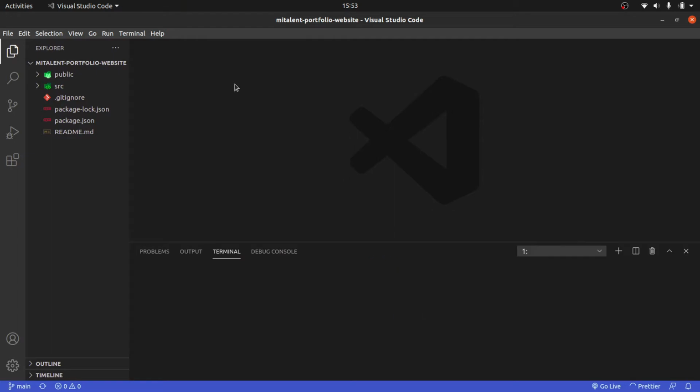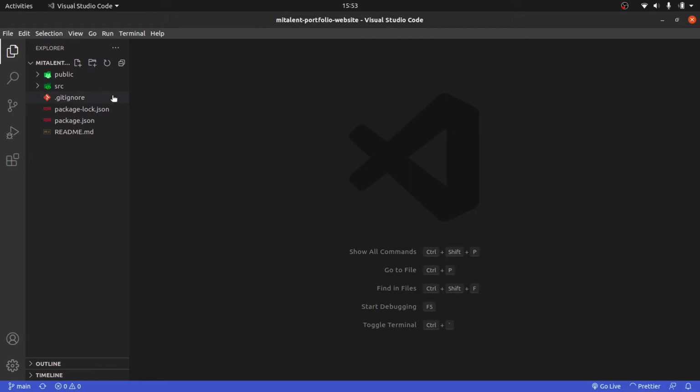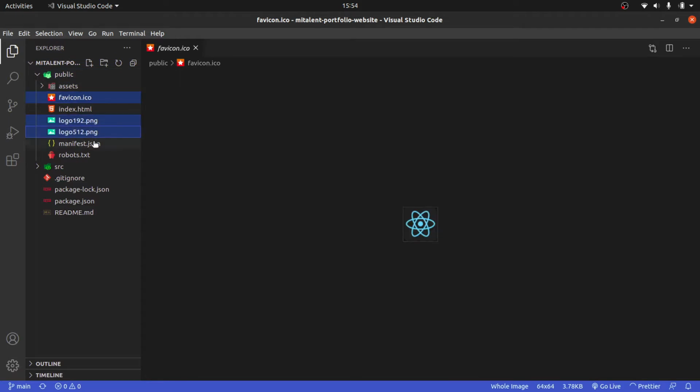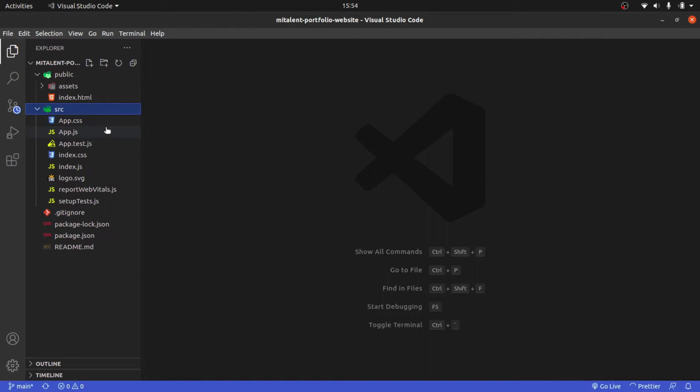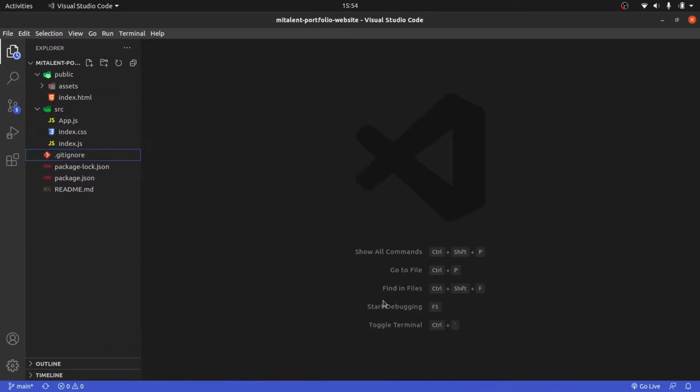Okay, so the first thing that I want to do is obviously install my node modules and every other dependency that we're going to have. So I'm going to say npm install, and then as that installs, what I want to do is begin setting up my work folder structure, and I'm going to delete the favicon, the logos, the manifest, and the robots.txt. And then inside my source, I'm going to delete App.css, App.test.js, logo, reportWebVitals, and setupTests. So just delete all of that,